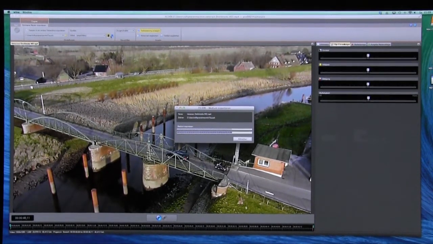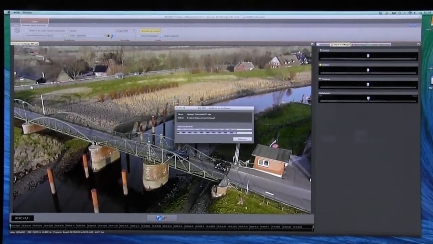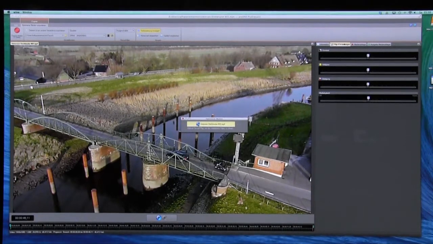So it's much better to do it first in the highest resolution and then the second one in the middle resolution. So that's also a really good option to get a little bit more picture quality when you do it in 2 steps. And now here we are ready, and the result is,